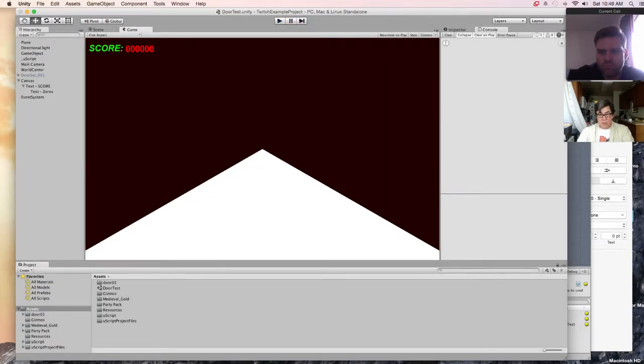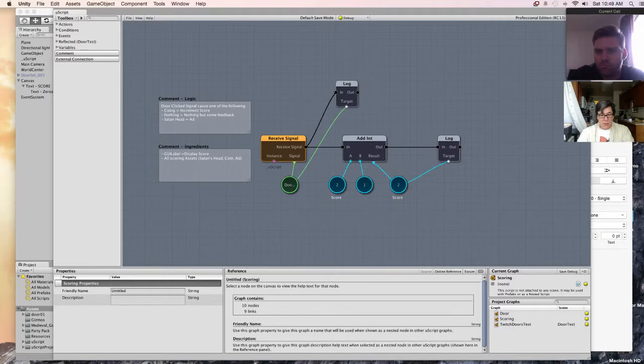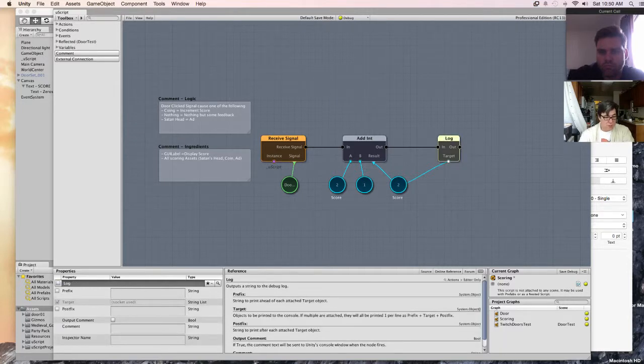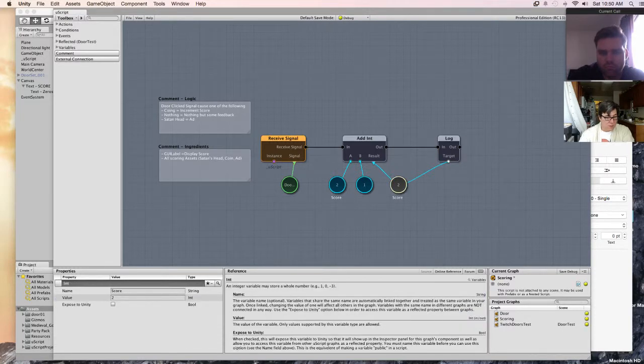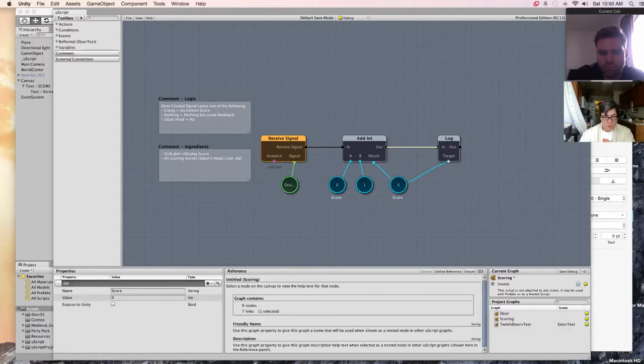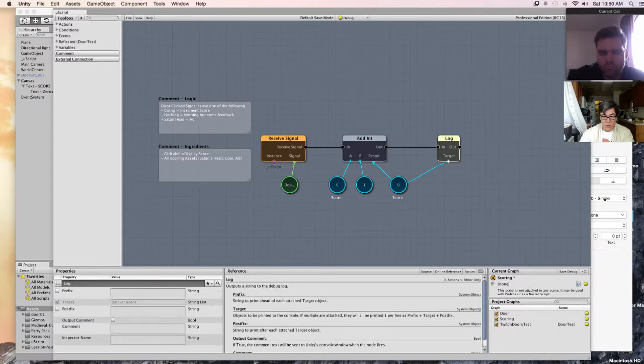So we're getting this signal. Let's kill this log. Right. And let's look at this one. I wonder if I could turn this into... should take multiple inputs here. Put a prefix on this and do